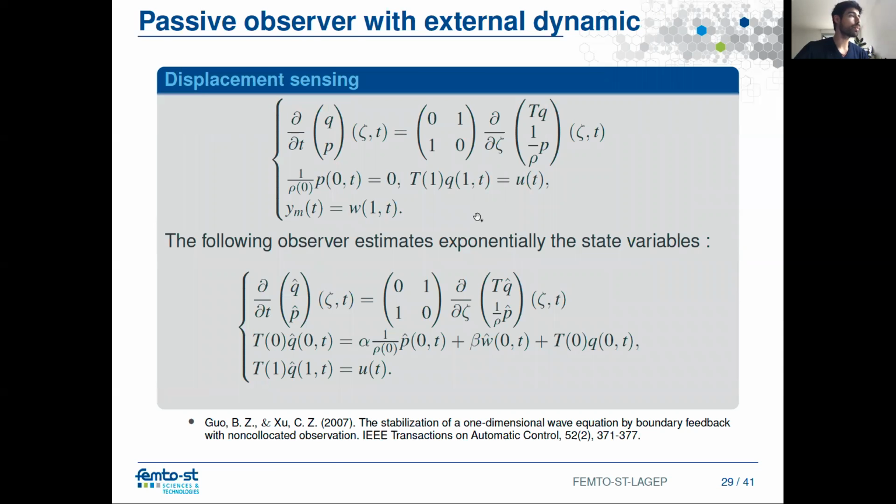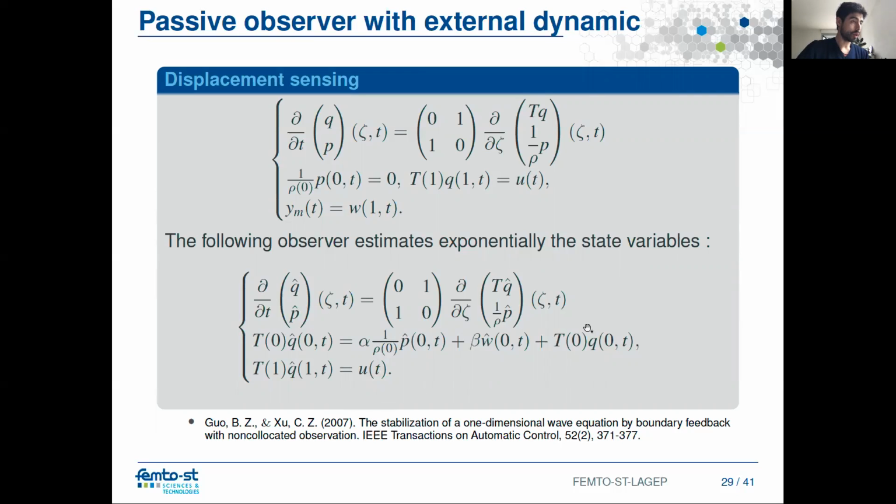And again, a new example where we are measuring, in this case, T0. There is a mistake here. So the observer estimates exponentially the state variable, and here we have the sensing, it's the force at the left, and it's clamped also at the left, and we can act on the right side and the other side. So here there is a mistake,